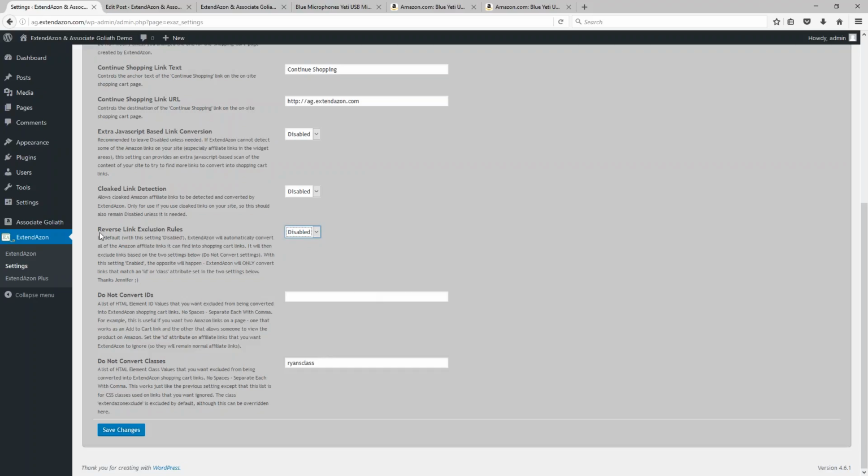If I were to change the reverse link exclusion rule setting back to disabled though, then all of the links on the site would get converted into shopping cart links, except for the ones that I was identifying down here. So hopefully I have been able to make this system clear. It in some cases may not even be something that you need to bother with. If you want all of your links converted into shopping cart links, you can just use the plugin straight out